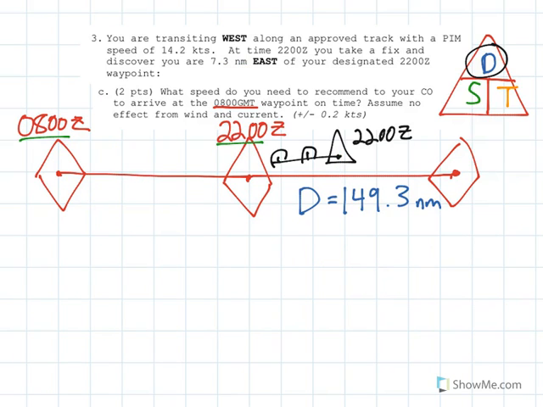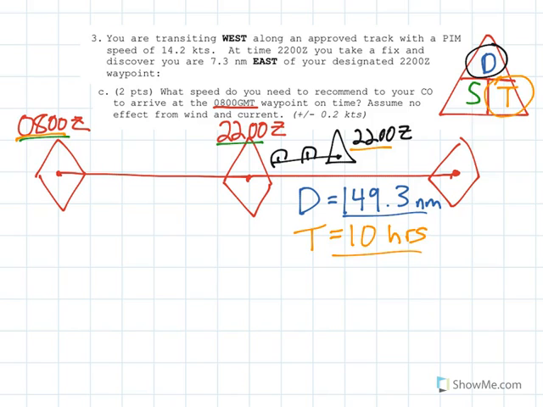We'll clean our drawing up a little bit. There we go. Now we need to find what our time is. In this problem, currently 2200, we need to be back on PIM by 0800. So the time between those two, between our fix and that waypoint, is 10 hours. And if you really want to, you can figure out the time by going to a waypoint you already passed. But for consistency, we teach that you'll always go to the next waypoint ahead of you. And that way, your time will never be negative. It will always be positive. So we have 10 hours to go